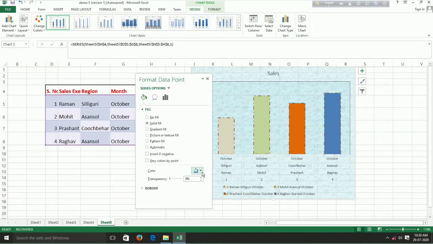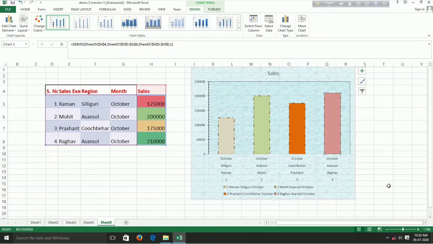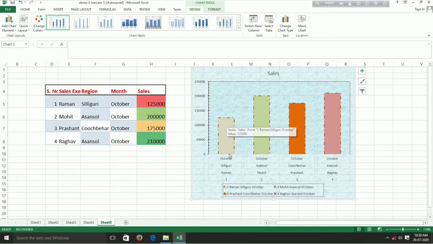So I'm changing the color of every data series here. After changing the color of the data series, you can see my legend has changed. Can you see my legend has changed? Previously it was showing only cells, but now for the 4 different data series, there are 4 legends.